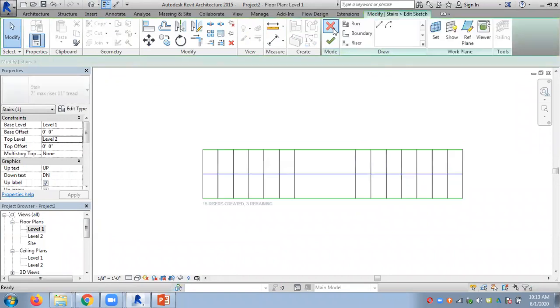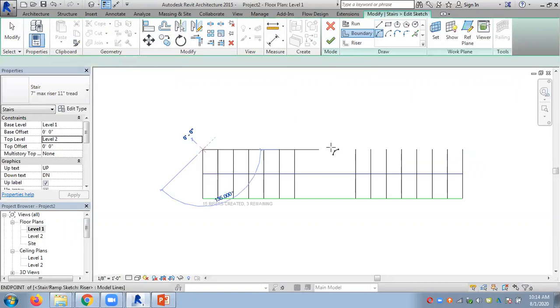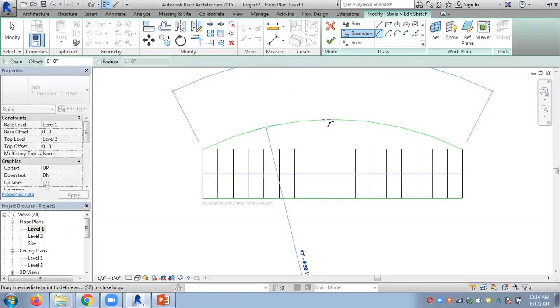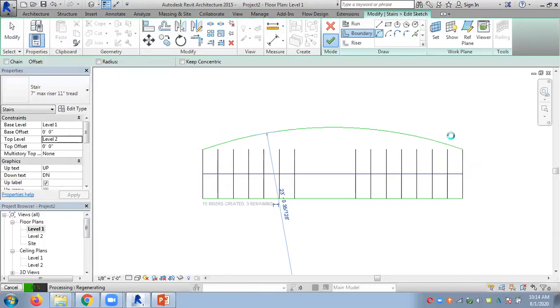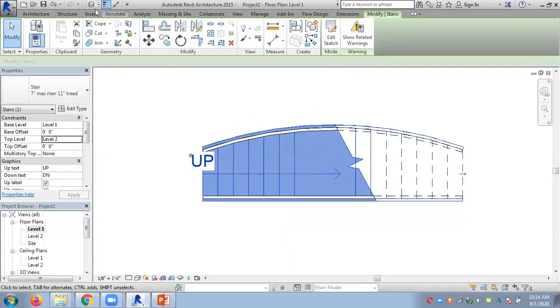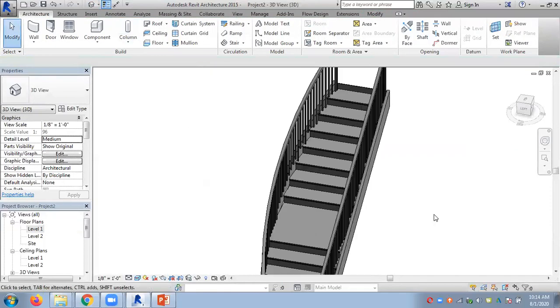Go to edit sketches, go to boundaries, and click on this, and we can delete the boundary. And if you want, you can have an arc shape boundary, something like. Go to boundary tool, and select these arc tools and draw your shape. So this may be my new boundary. So you don't need to extend these lines. Just press OK. Automatically these will be extended. And now you have a curve railing. So I'll just go and show you. This is the new appearance.